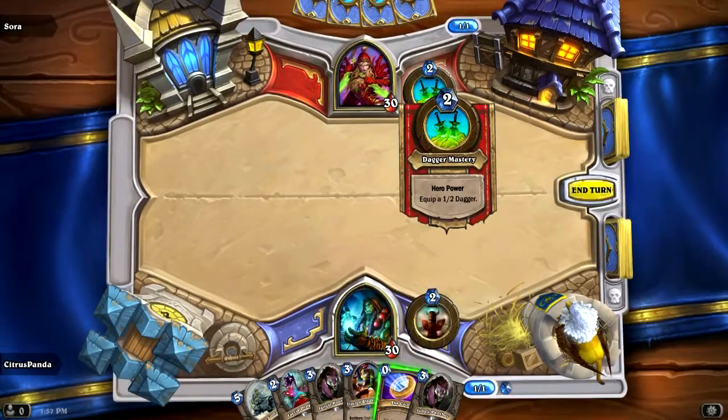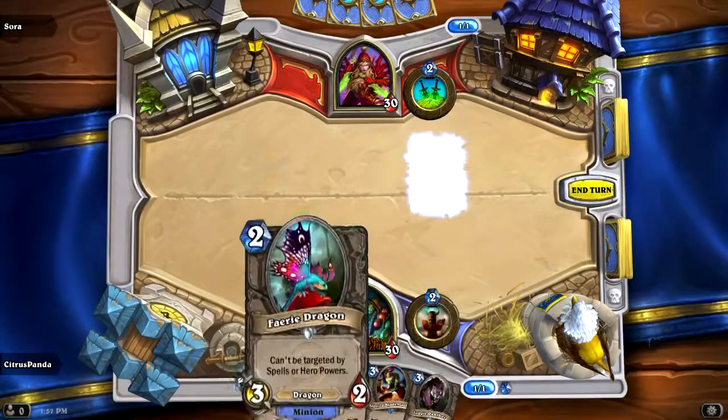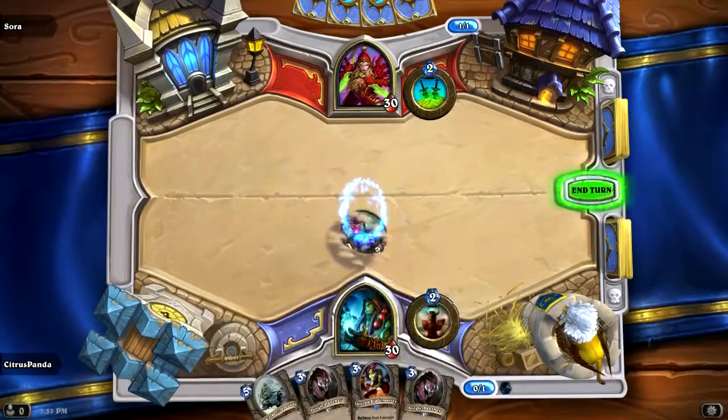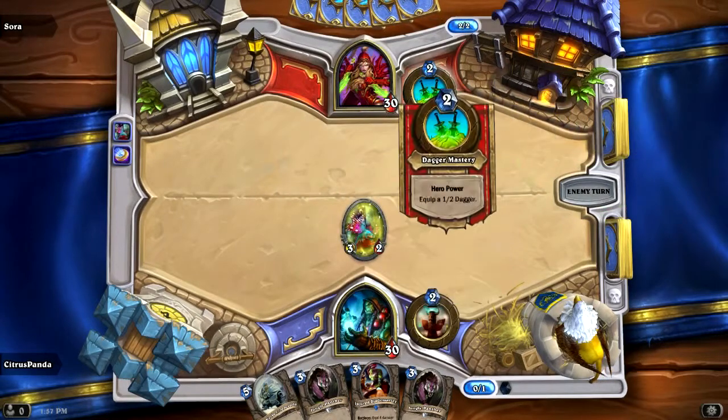But it's weird because you equip the 1/2 dagger, and then... Yeah, okay. I don't know. I've never really played against a rogue before. I played against a rogue like once before. I'm going to put out a fairy dragon, though. That's an annoying card right there. He can't attack me with spells or hero powers, so he's not going to be able to...